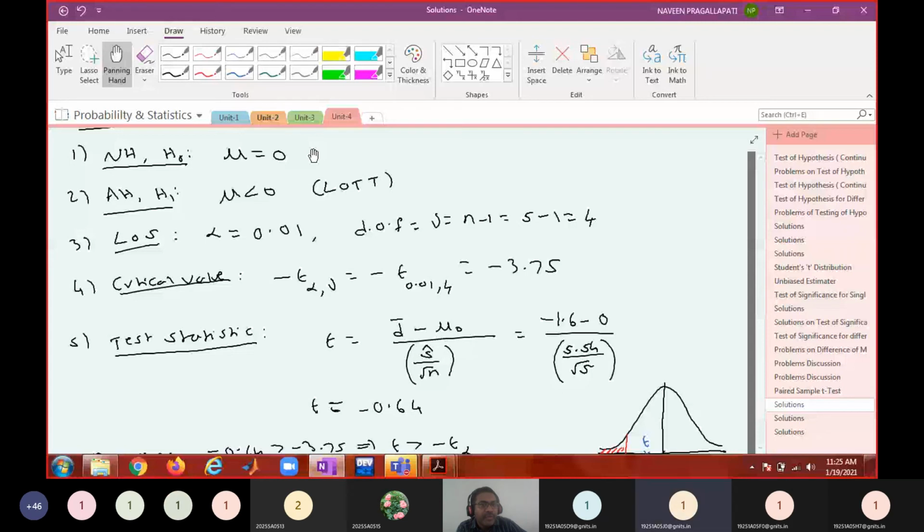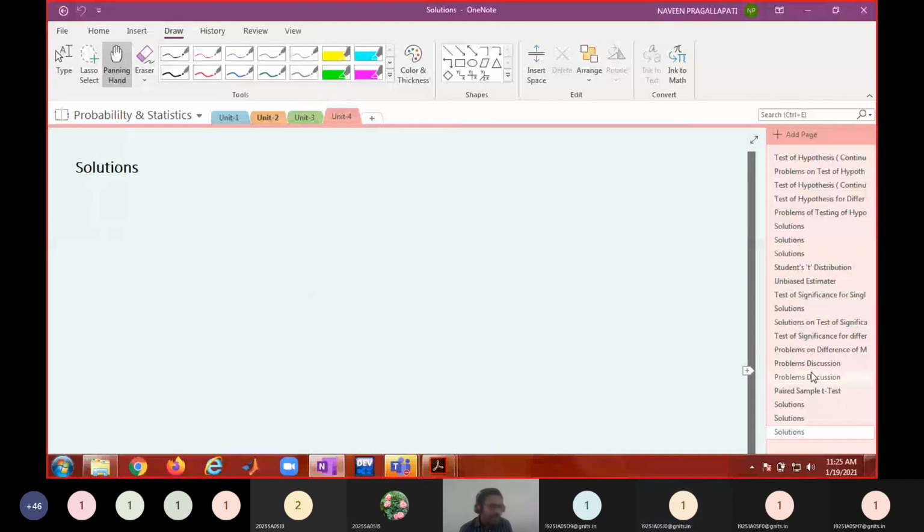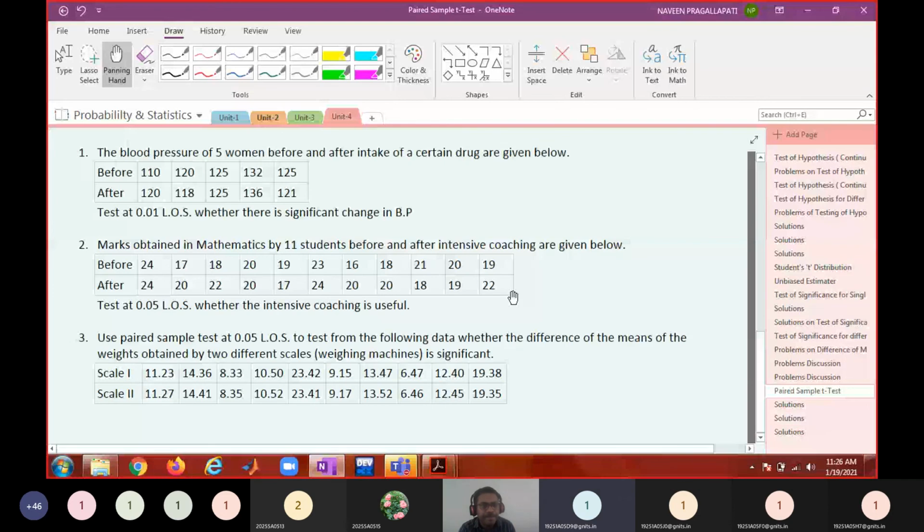How do you write the test? What test do you want me to apply? You got mu positive or mu negative for the second problem? -1, sir. You got negative. So naturally, which one do you want to apply? Left one-tail test or right one-tail test? Left one. Apply the left one-tail test. Okay. So for these differences, you find the mean and standard deviation, then apply the left one-tail test and check.